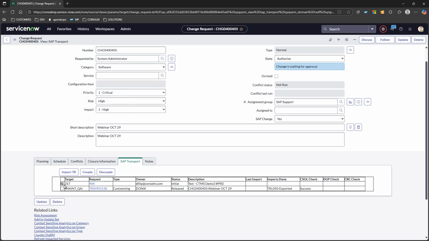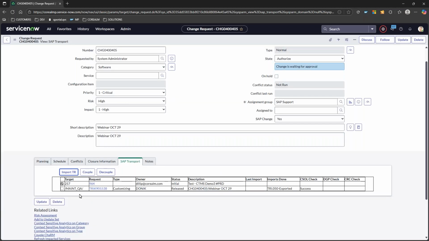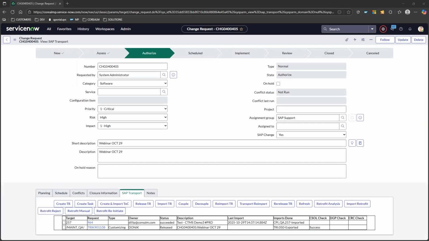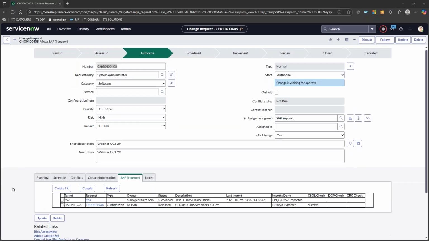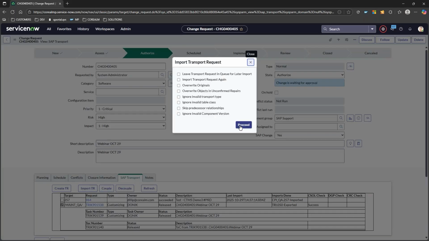So in this case, what we're going to do is we're going to select the cloud-based change first, and we can initiate the import of that particular change to our QA environment. And then similarly, so we're just waiting for a couple of seconds. I'll describe shortly what's going on in the background, because there are several activities that are going on. And then I'm going to go ahead and select the ABAP transport, and I'm going to import the ABAP transport